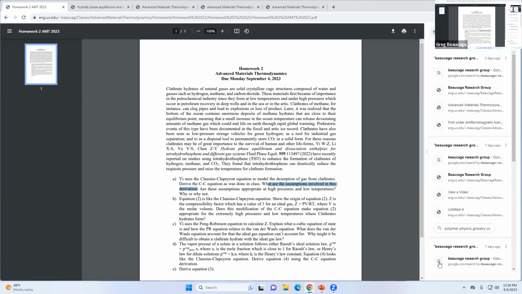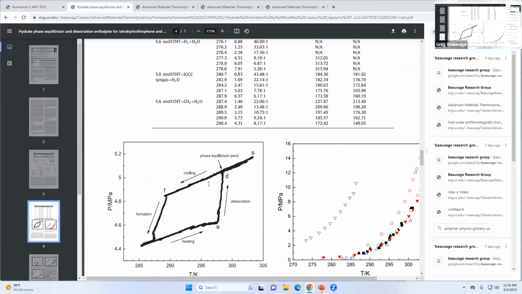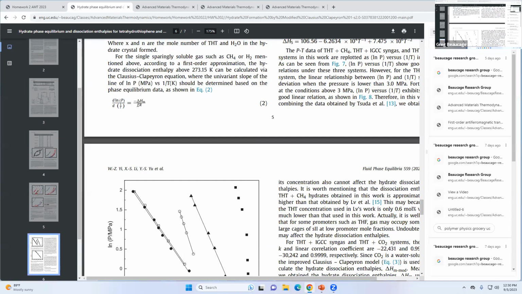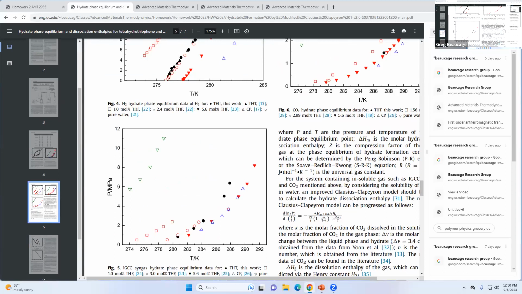Right. So those aren't appropriate for this because the pressure is high, it's at low temperature, so it's not ideal. So he gets around that by sticking this compressibility factor in. Instead of having just delta H over R, he puts in the compressibility factor, and he calculates that compressibility factor using this Kwong equation, which is something like